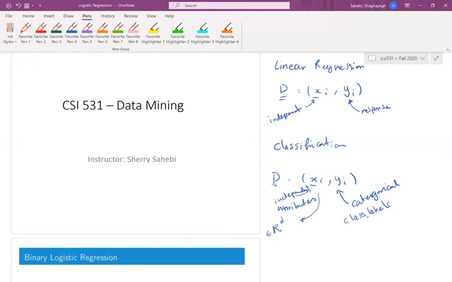One example would be that suppose that you are given the height and weight and number of legs for animals, and these are your attributes for your xi's, and the attribute that you would like to predict, the class label, is the type of that animal. So, for example, you are given the height, weight, and number of legs for n animals, and your class label is going to be if it is a cat, if it is a dog, or if it is a hen,